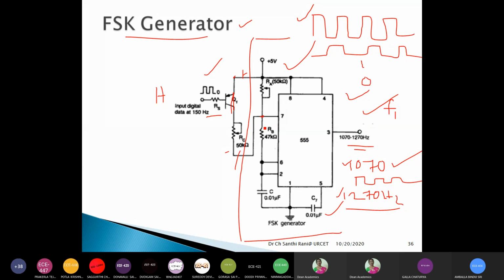Now when this RC comes in parallel with this, you can get a modification in the frequency. For RA and RC both, we have made potentiometers so that you can adjust the output frequency to